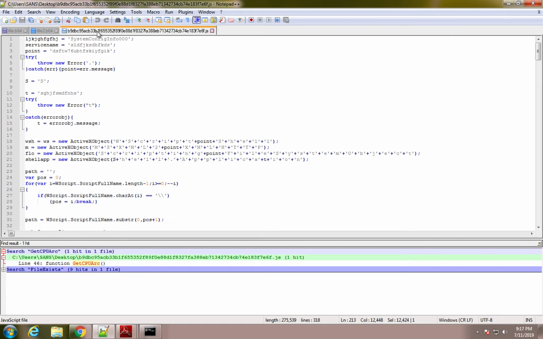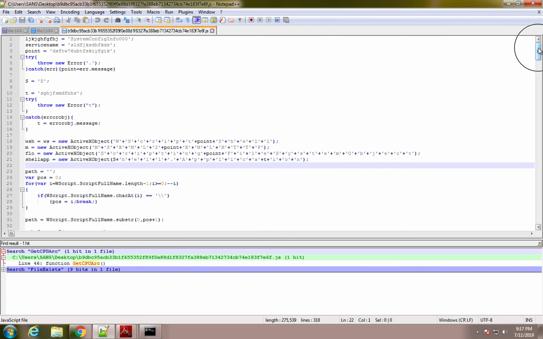Anyways, here's the script. Like I said, the hash has been provided. We have some variables here that don't look normal. Some are maybe trying to hide in plain sight with system config info, but with three zeros at the end. Got some classic obfuscation here: WScript.Shell, MSXML2, XML HTTP, creating some shell stuff,